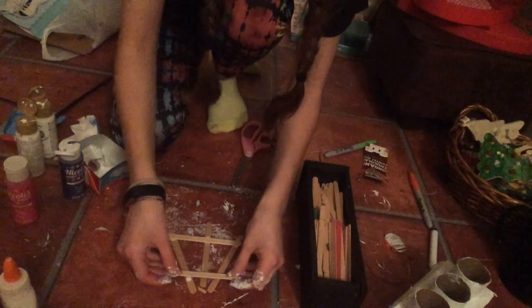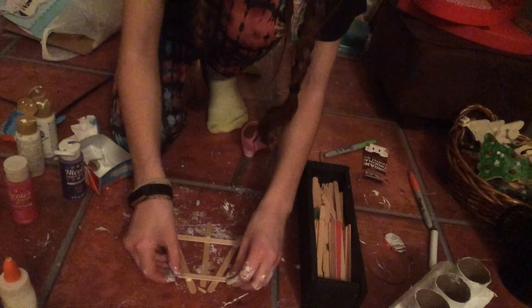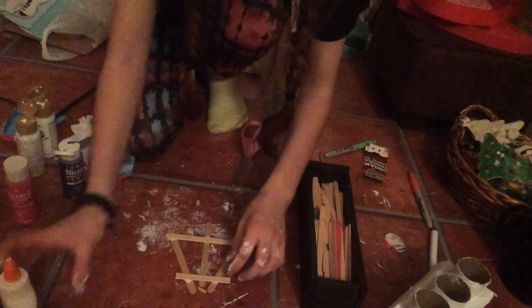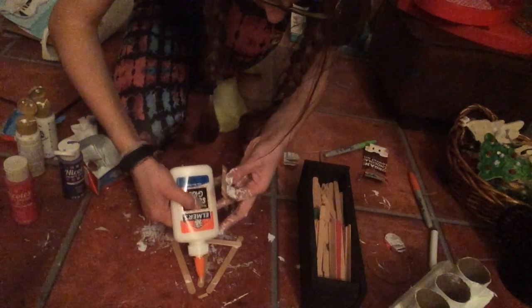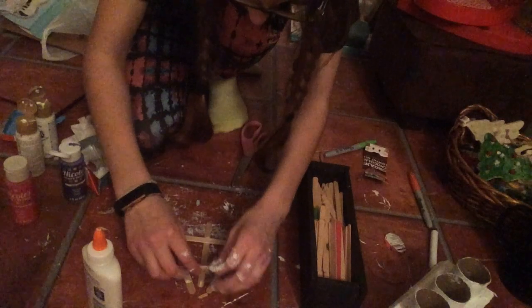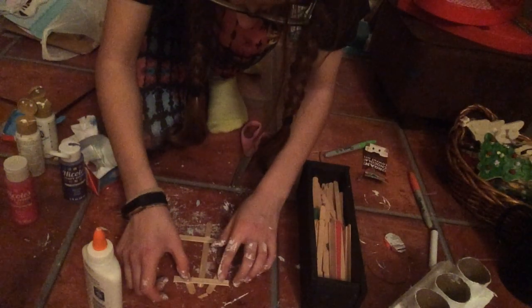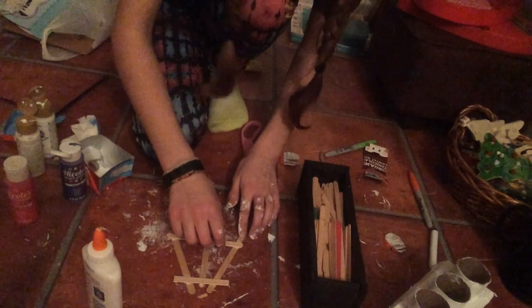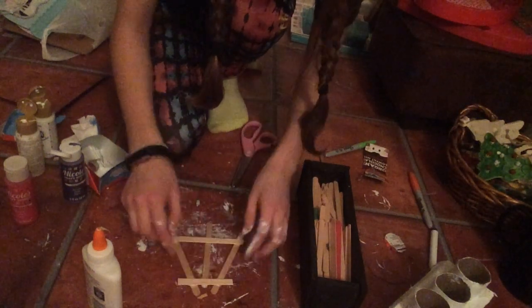I don't think you can see, so I'm going to move my tripod back. But yeah, there are the dabs of glue there, and I'm just going to stick this on like that. And I forgot to put a dab of glue on that one. Yeah, and then you just stick it on. And then you're just going to want to wait for a second. Sort of let the glue